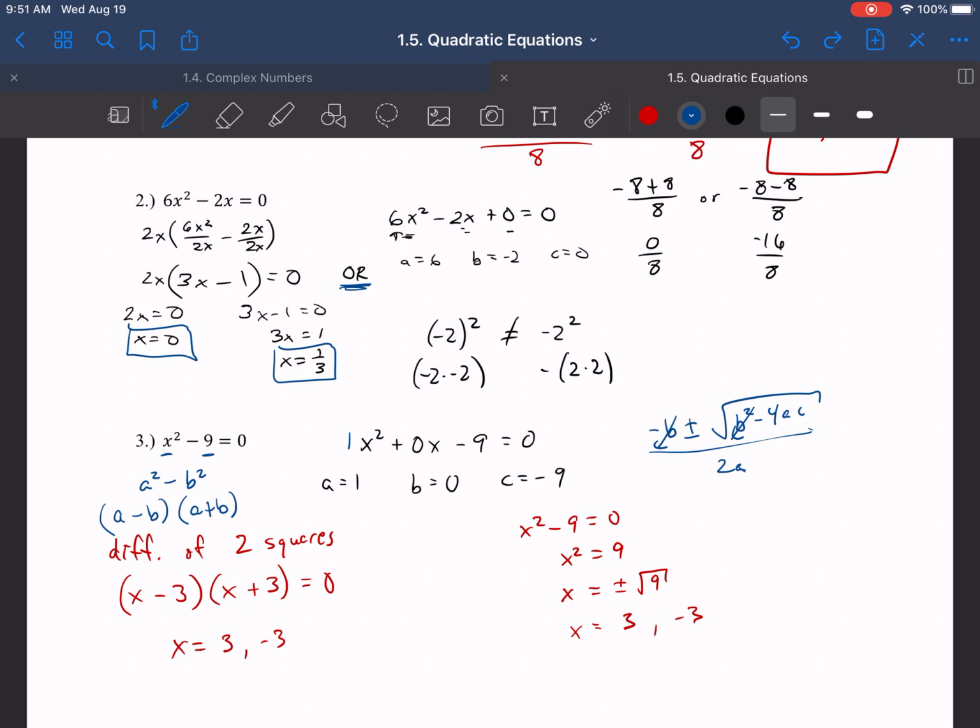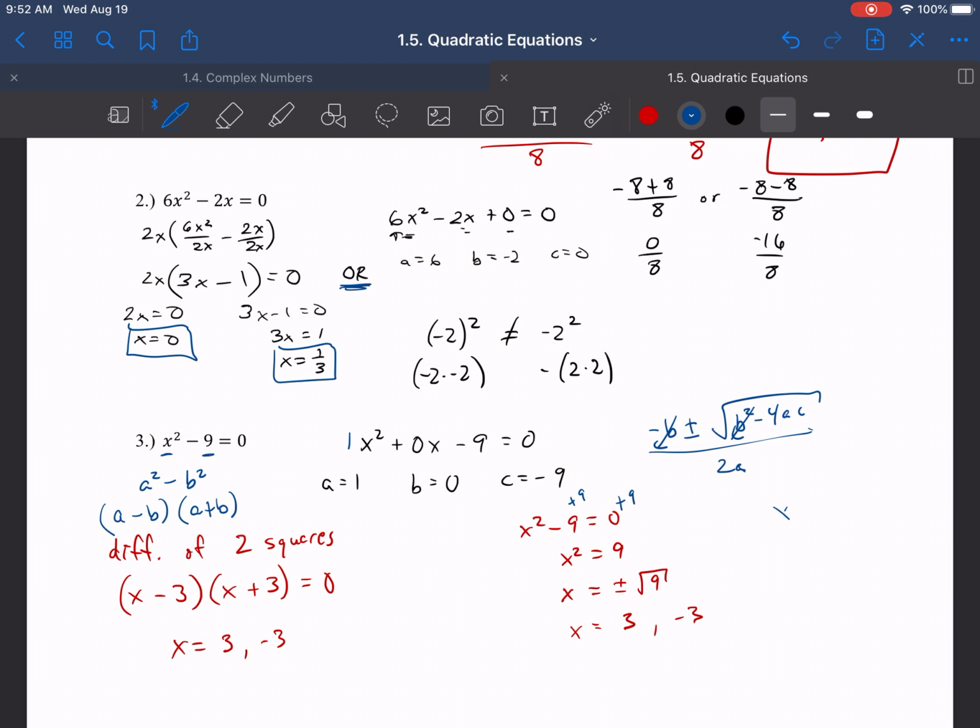And then another way that this could be done, and I did it right here, is just to say x squared minus 9, and that's to distribute the 9 to both sides. So add a 9 to both sides like that, and you get x squared equals 9, and then you end up with x equals, and you take the square root of both sides, right? You take the square root, and when you take the square root, you have to do plus or minus, because